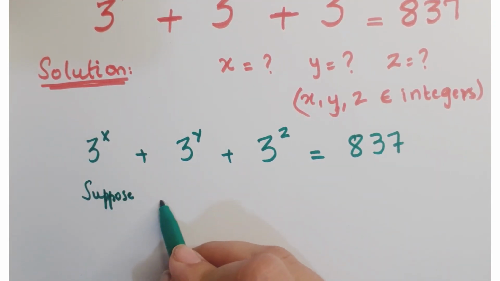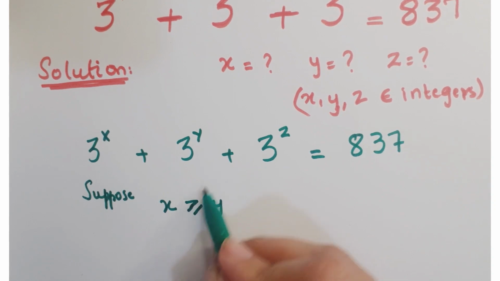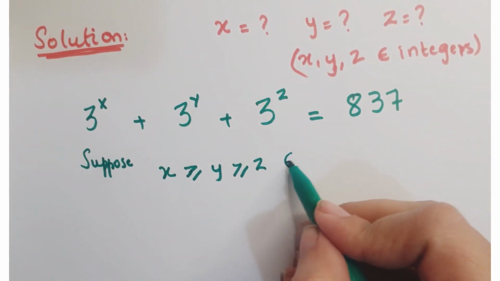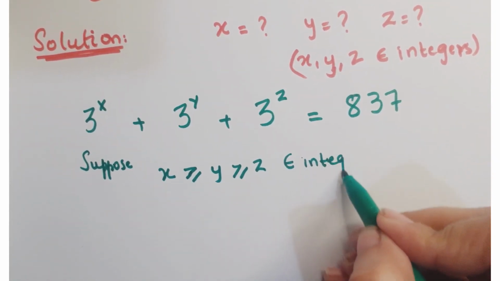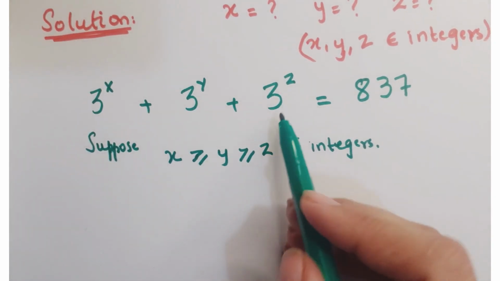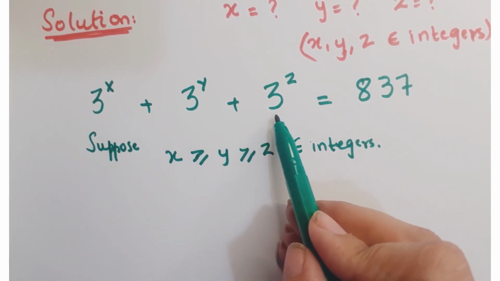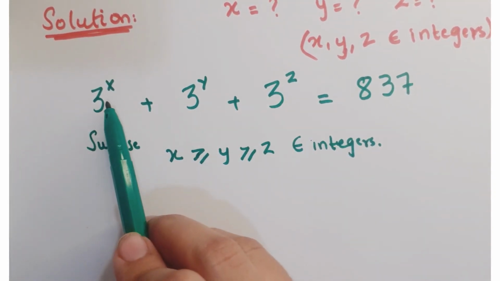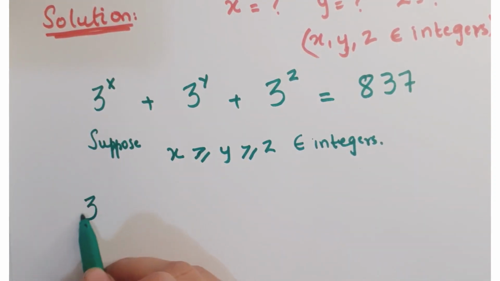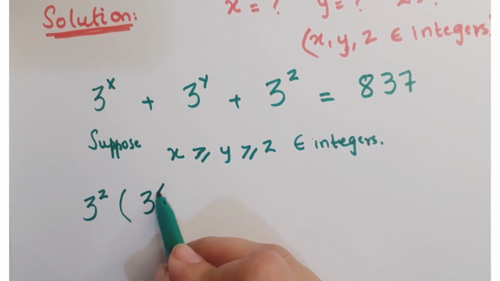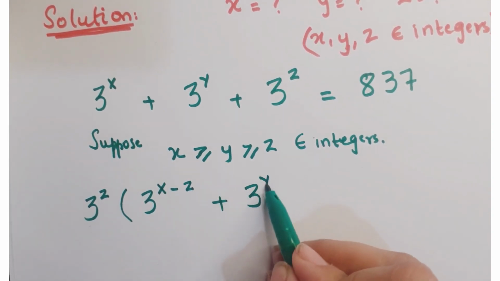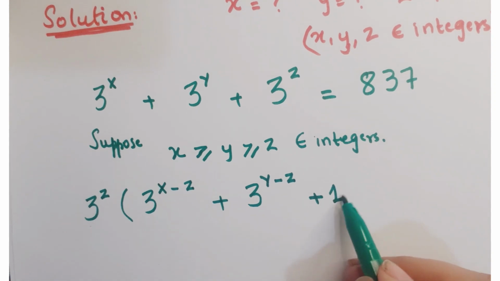Now let's suppose that x is greater than or equal to y and y is greater than or equal to z, and they belong to integers as given. According to our assumption, first of all, we are going to take out 3 to the power z common. If we take 3 to the power z common, the power of 3 will reduce by z in every term. So you have 3 to the power x minus z, and here 3 to the power y minus z, plus 1,